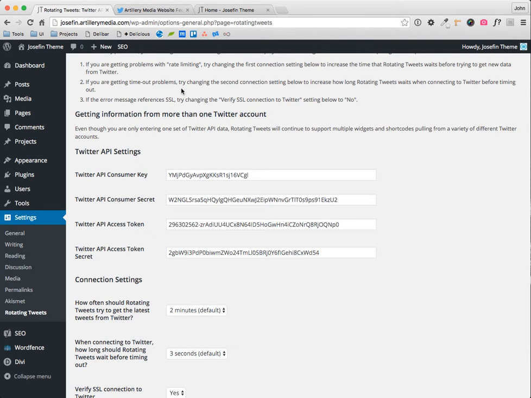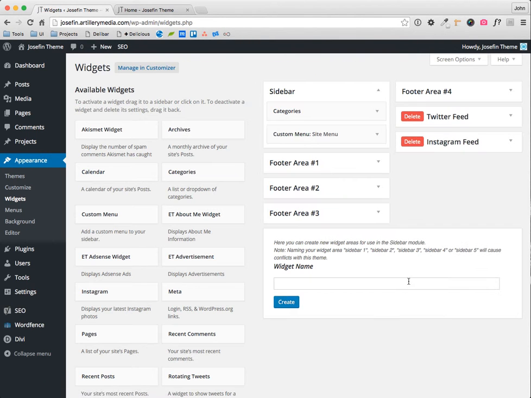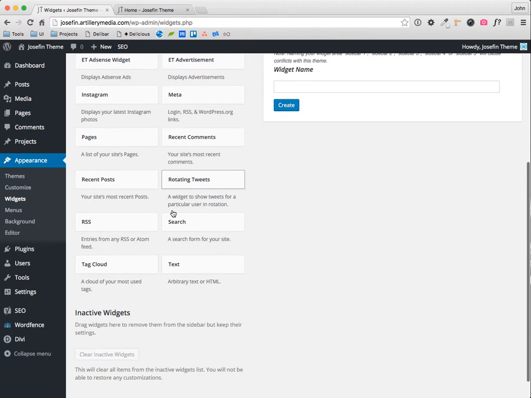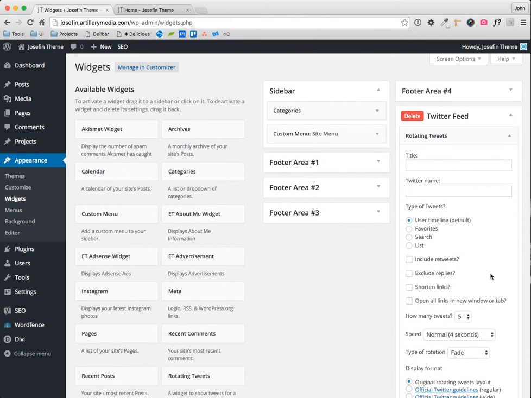The other plugin, the Instagram plugin, you just install it, and then it's ready to go. You put all the settings in the widget area. So to set up the widget areas for this, go to Appearance and then Widgets. I've already created the Twitter feed and Instagram feed on mine, but you would need to go here and create the Twitter feed one, and then create the Instagram feed one. After you create them, for the Twitter feed you're basically going to drag a Rotating Tweets widget into this area,